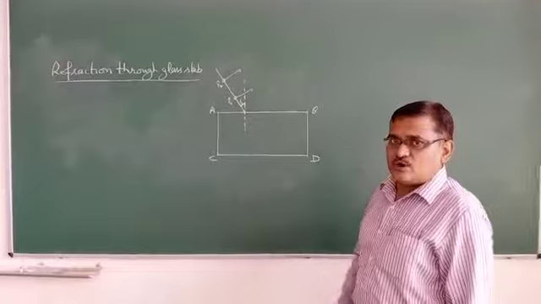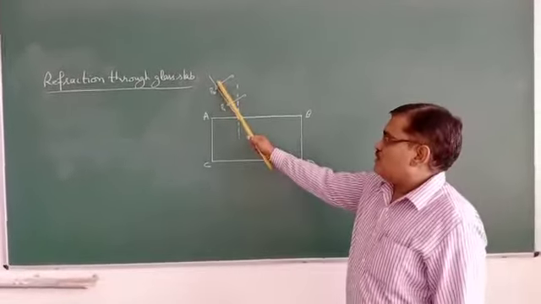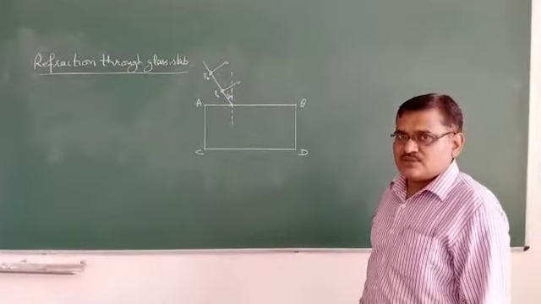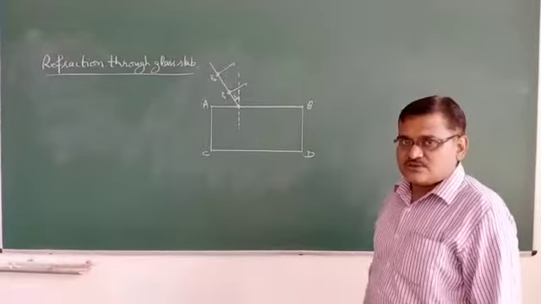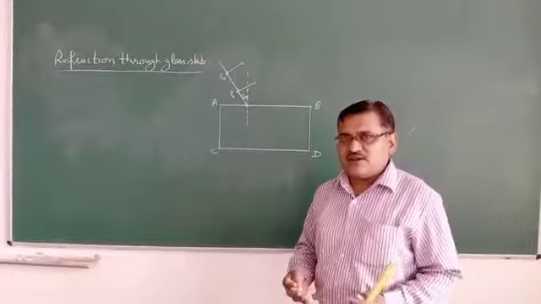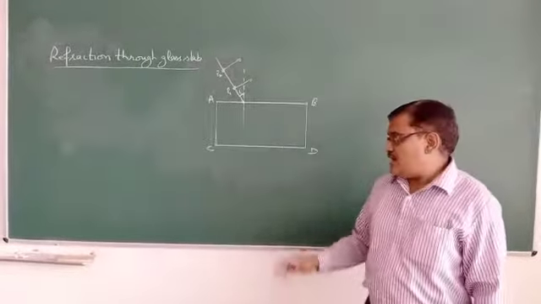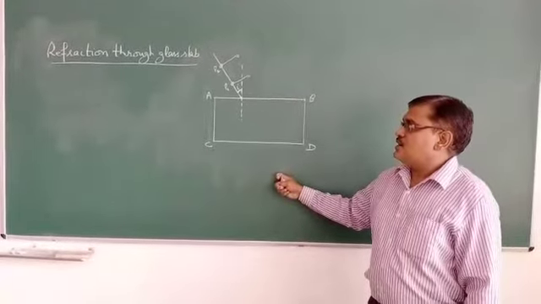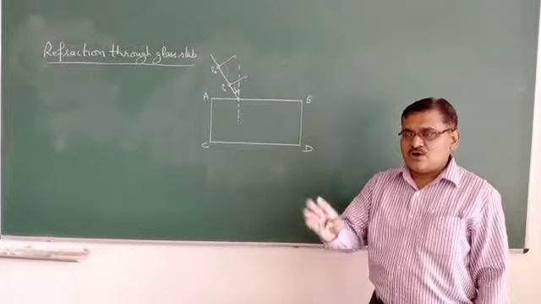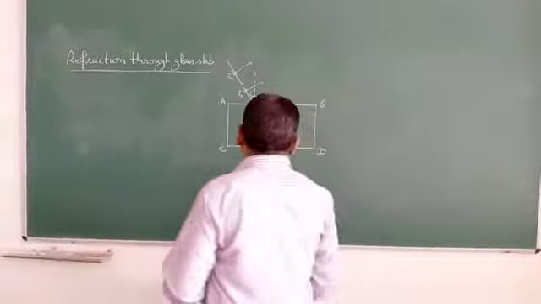the upper part of the pin, the top part of the pin, will appear as it is, but the lower part of the pin through which the light is passing through the glass slab will be slightly distorted, slightly displaced. So now my main practical is to fix the pins P3, P4 such that the legs of P3, P4 and legs of P1, P2 will coincide. And practically I will show you how I am going to do it.